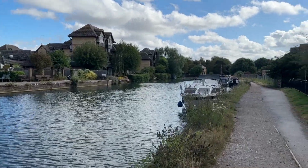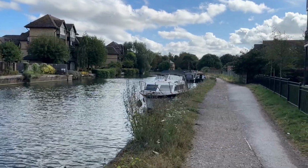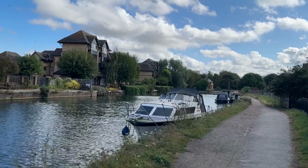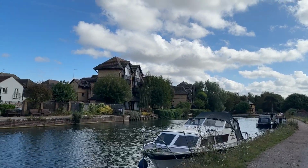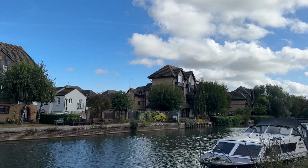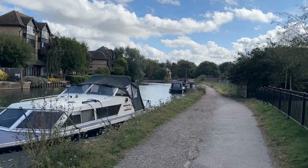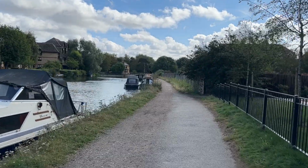I think I've just seen a massive A380 circling around over there, which I can only presume is heading towards Stansted Airport. This has gone into the clouds now. I'm fairly sure it was an A380, and I just caught a glimpse of it before it disappeared. Stansted Airport's not that far from here, so